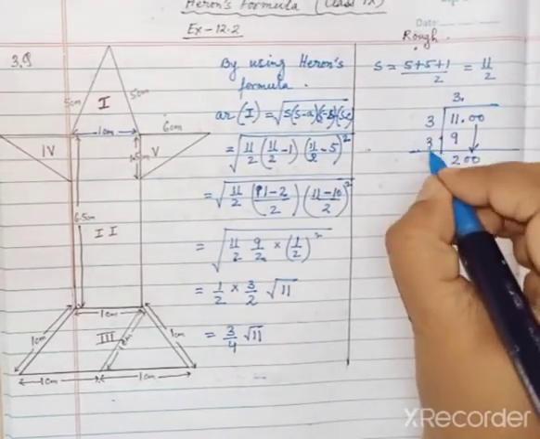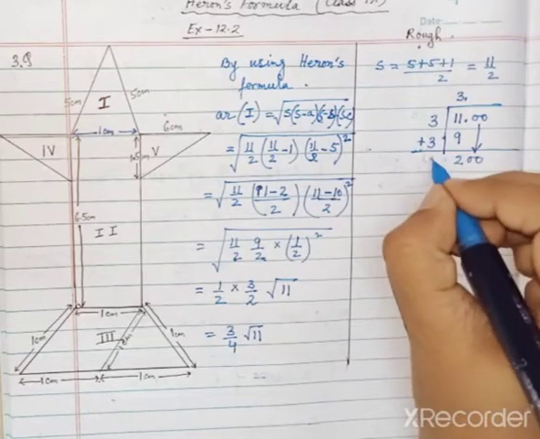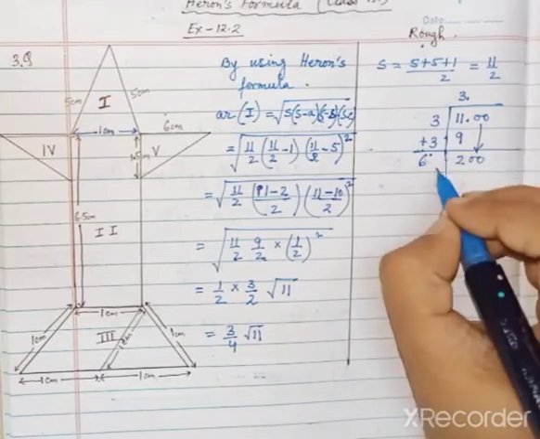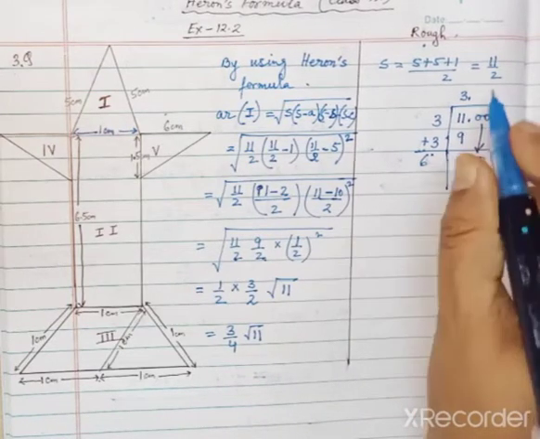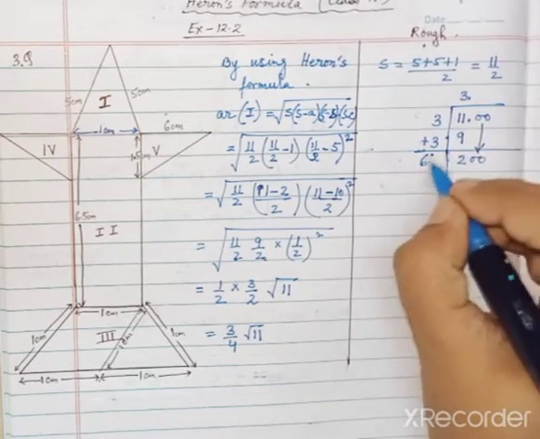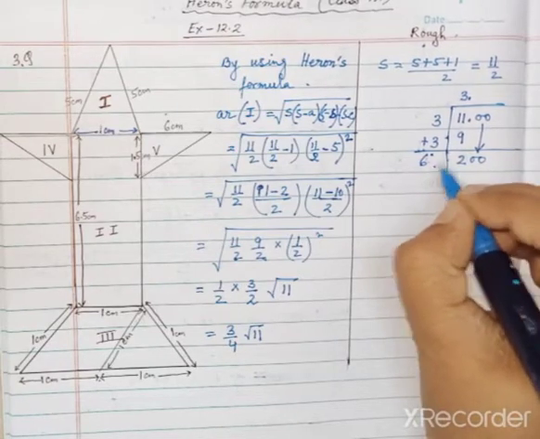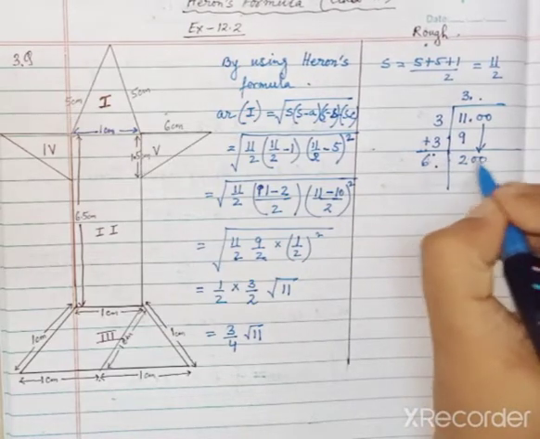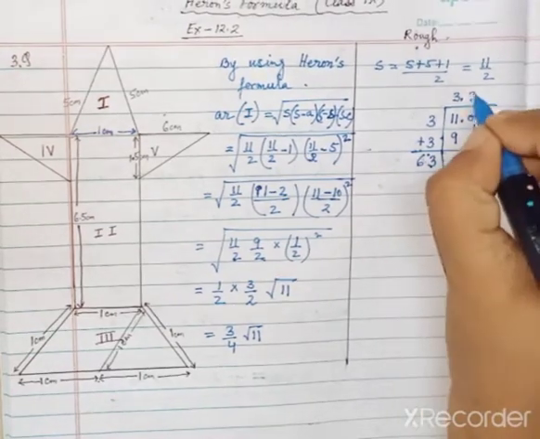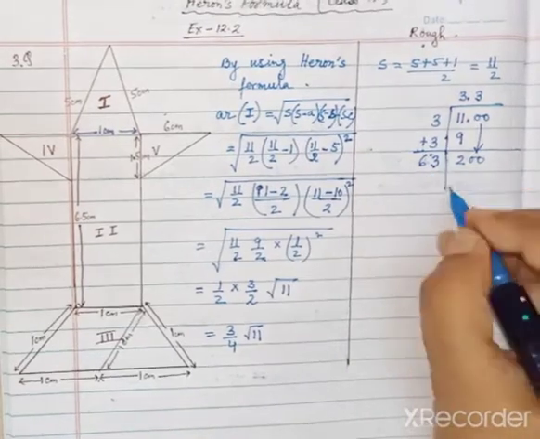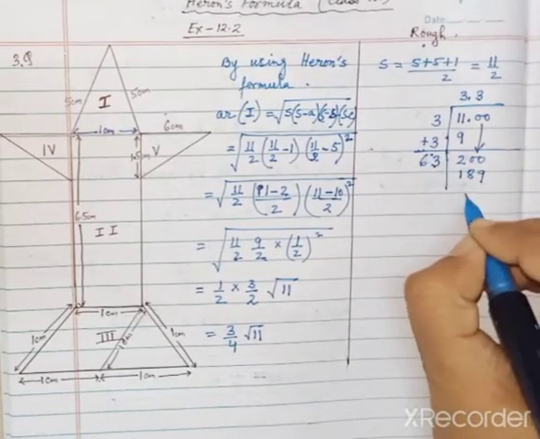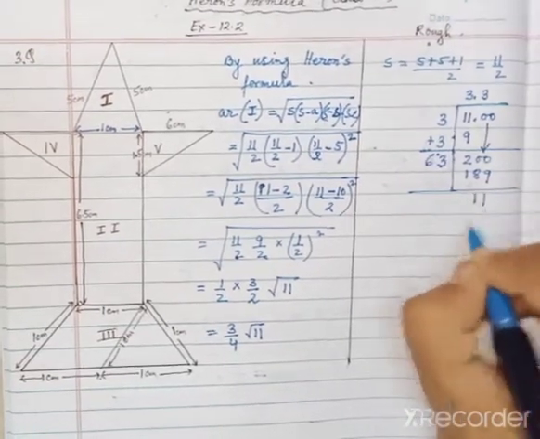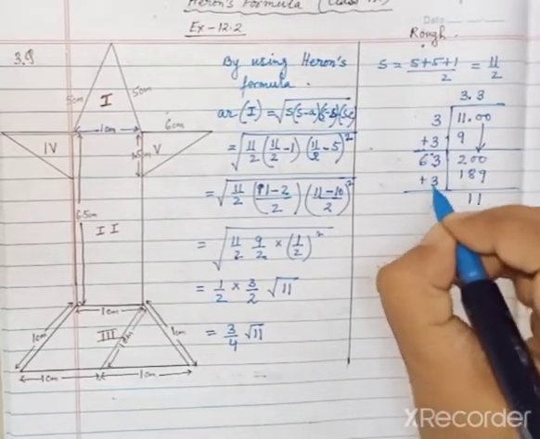Now 3 plus 3, the unit digit we will add, so that is 6. Now we have to select a number with which we can multiply the 2 digit number. So here also we can put zeros. If we put 4, then it will be more than 200, so we will take 3. So 3 into 63 is 189. Now subtract that, and by subtracting we are getting 11. Now the unit digit again will add, and that is 66.